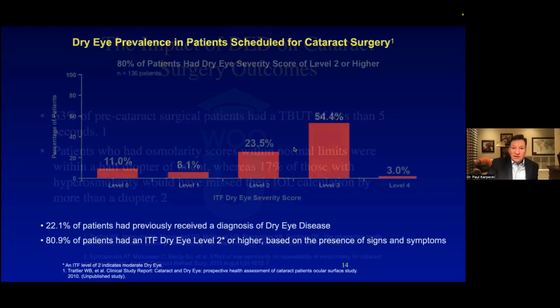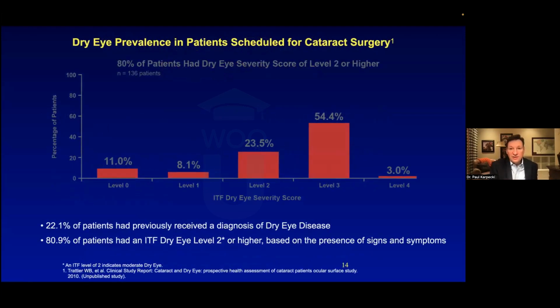And is dry eye common? Well, if you look at the cataract patients, this study is pretty powerful. 81% of people who came in for a cataract evaluation. Now, these were patients already in the ophthalmology practice doing the cataract surgery, but some were referred from optometry colleagues. So it was a mix of patients being sent in. I'd like to think most were in their clinic.